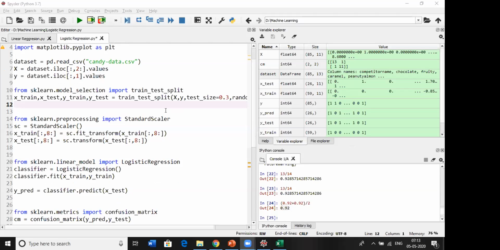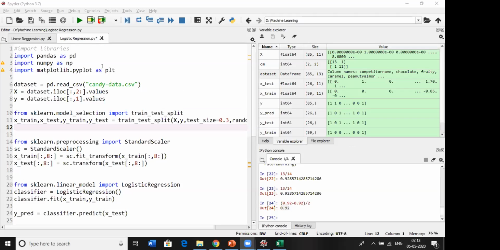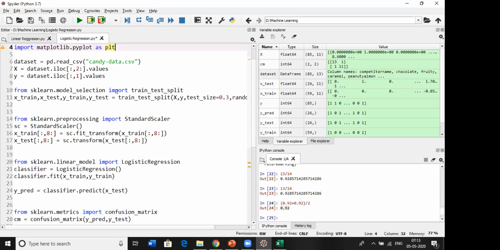First one is complete. Those are all library only. You just import the library. That will help to handle your data. But line number 10 helps you to divide your data for training and testing models.